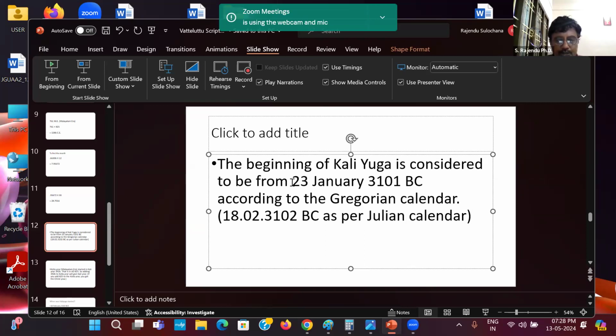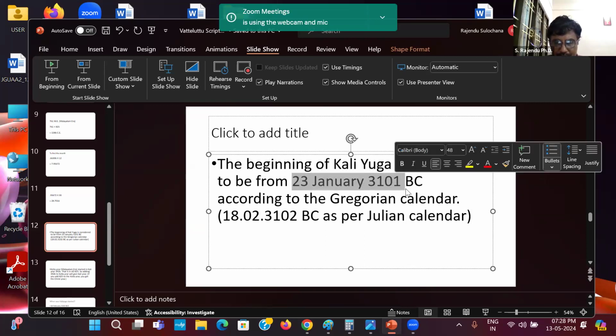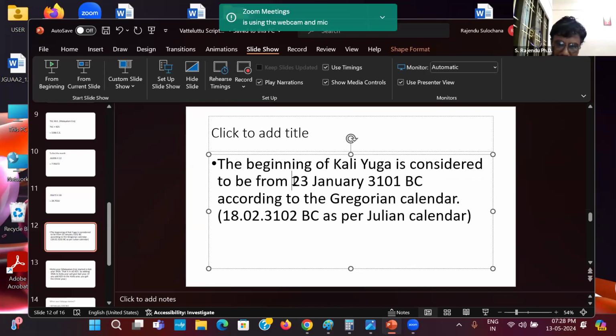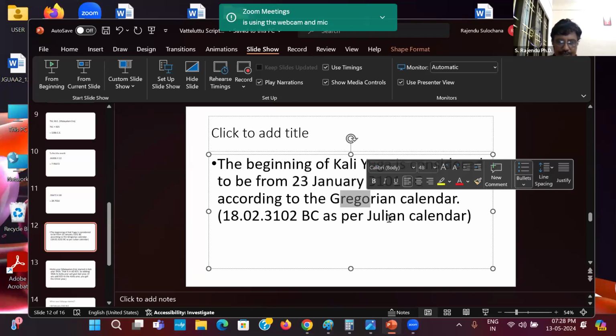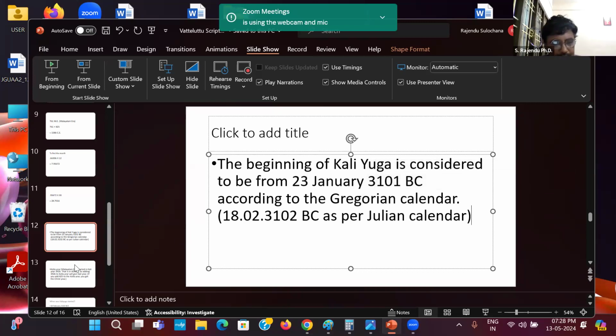Okay, anyway. Then 23rd January 301, this is an imagine. It's only a hypothesis about the beginning of the Kali Dinam, Kali Yuga. Then it's exactly 18th, because there are some changes in the Gregorian and the Julian. Anyway, then